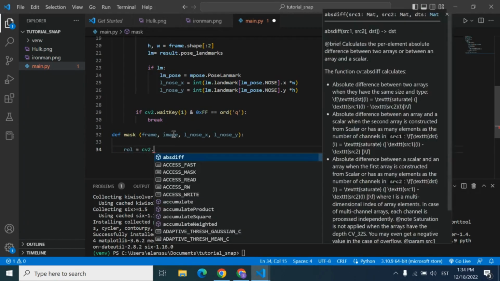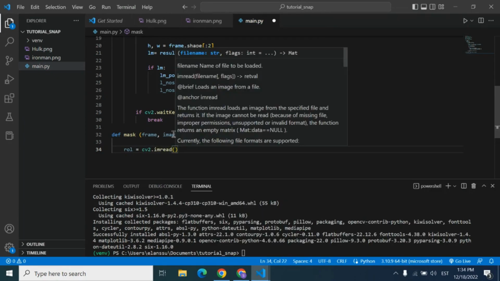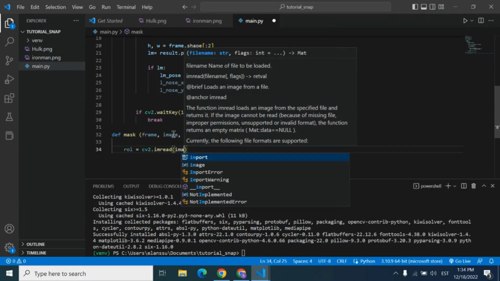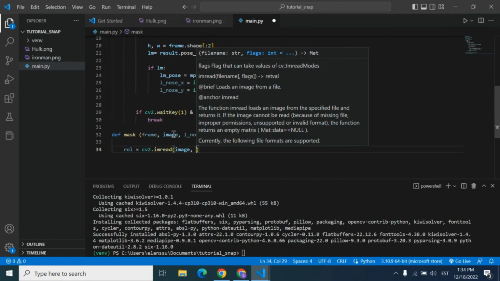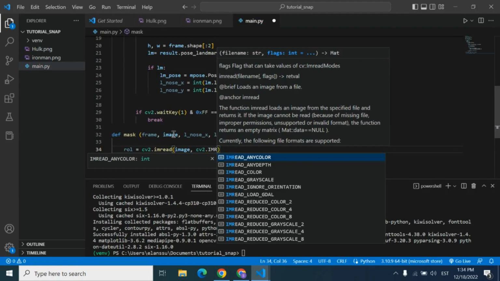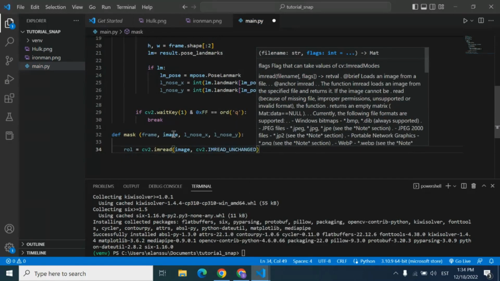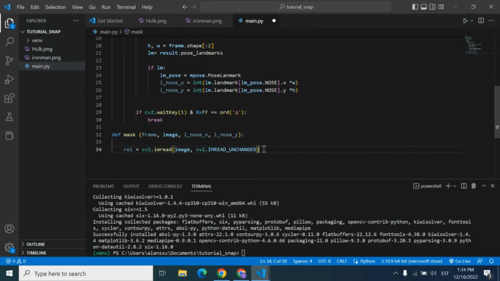Variable: CV2 image read, image, CV2. I will need this. We will give the location of the image, in this case the Iron Man image,